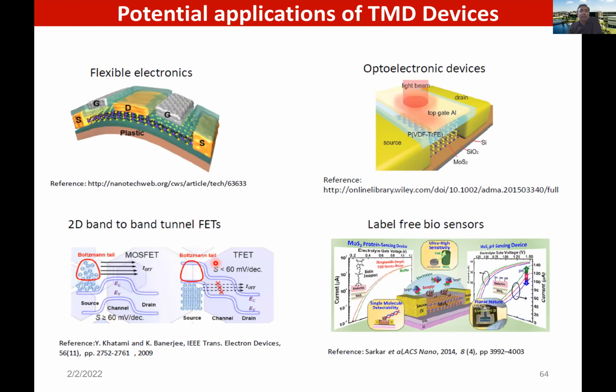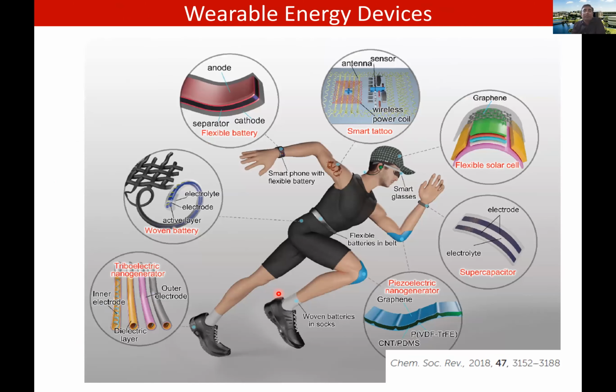Something I'm sure that you guys are doing is that 2D materials are a candidate for a tunnel FET. I'm sure you know that the MOSFET has a theoretical limit for subthreshold swing of 60 millivolts per decade, and this is for thermal reasons. In tunneling, it's a temperature-independent phenomenon, and therefore you can do band-to-band tunneling and get to a tunneling transistor. There are many different types of tunneling transistors. I think I have seen some work from your department along those lines. This is a cartoon view of what can happen in the future using these types of materials.